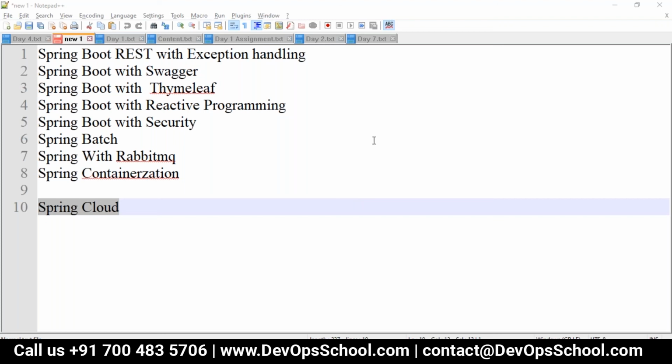Actually, in other batches we used to do the code together, but do you want to do the code with me, or is this way okay? Code together in the sense they were also doing it in their local? Yes, online itself, they were doing the code with me, doing it on their own systems.